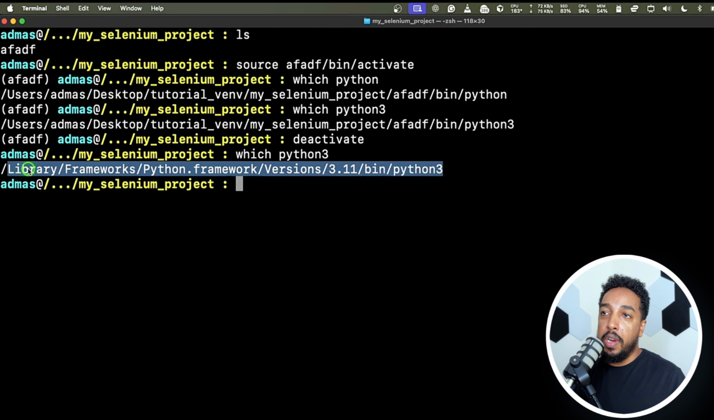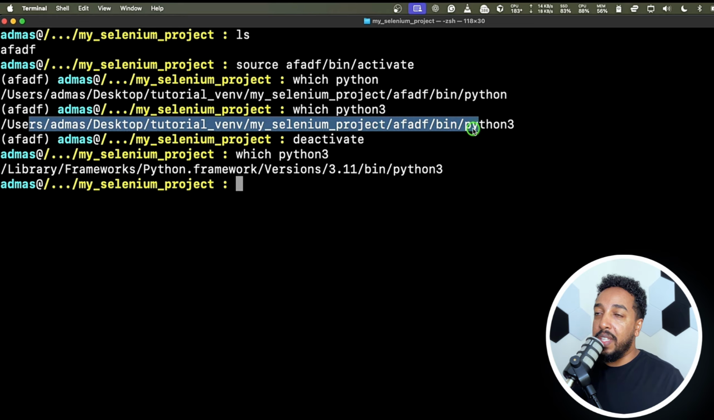This is the system one, like library, frameworks, and so on. That's the system one. But once I activate it, it's going to use the one that's inside. That is important to know how to check. Once you activate it, did it really activate? Yeah, you should be able to see it right here, but you should also be able to check by doing